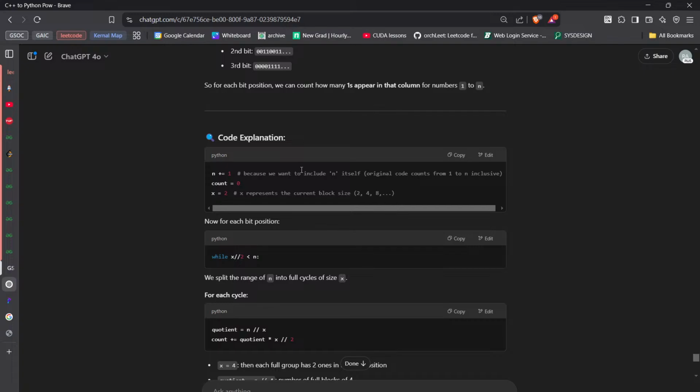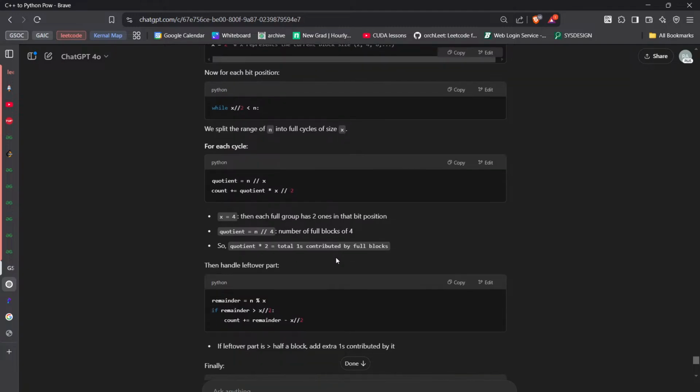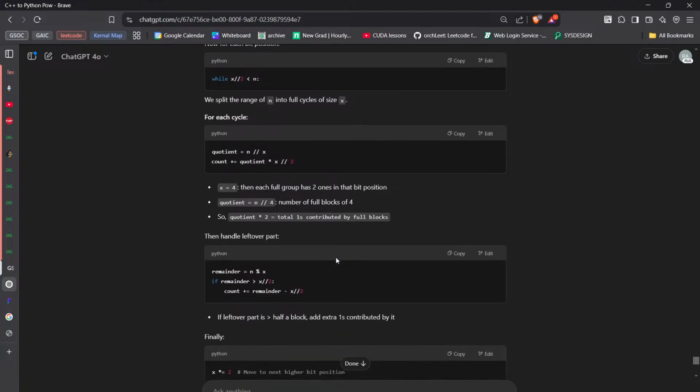So now for each bit position, while x by 2 is less than n, split the range of n into full cycles of size x. Quotient is equal to n by x. Count is equal to